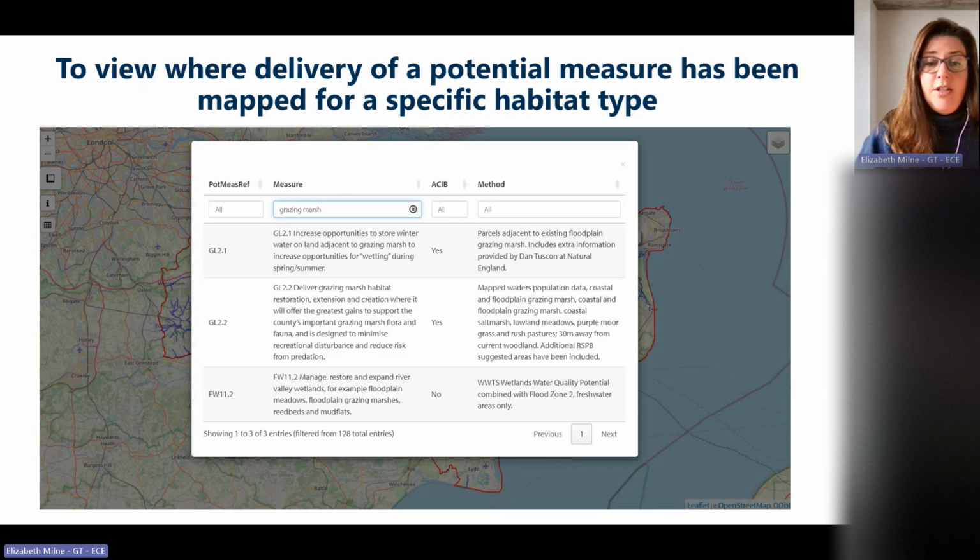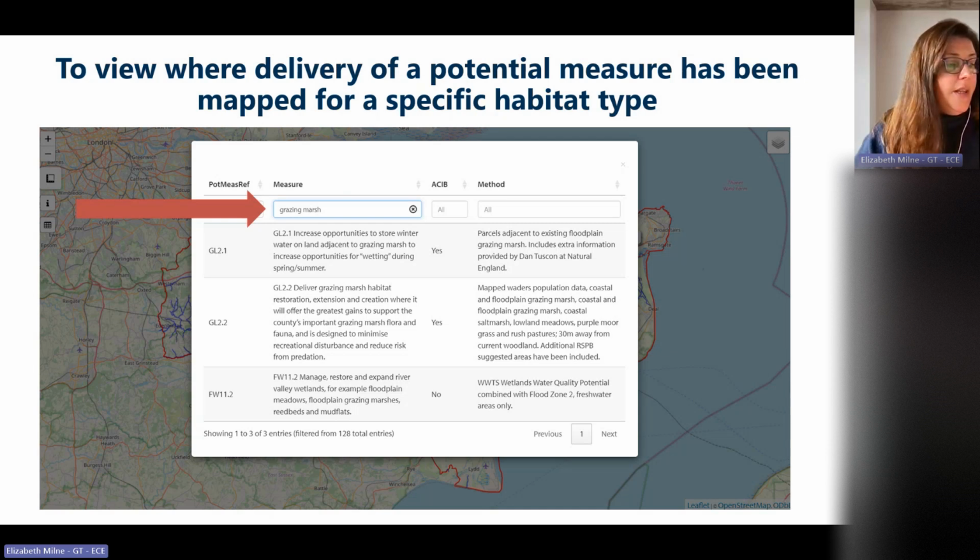So if that's what you're looking to do, first of all, you would just type in the habitat type into the measures box. You can also do that if there's a particular action you're interested in as well. So you could either put in the measures box the habitat you're interested in or the type of action you're interested in. When you type in the habitat, that will bring up all the potential measures that relate to that